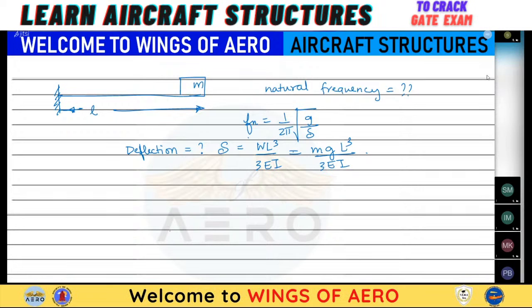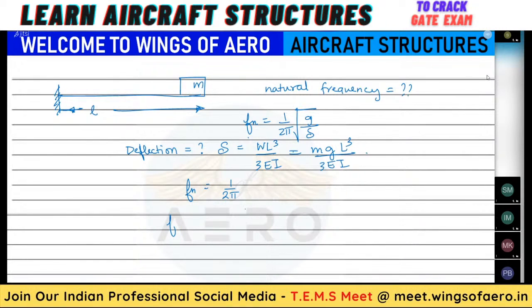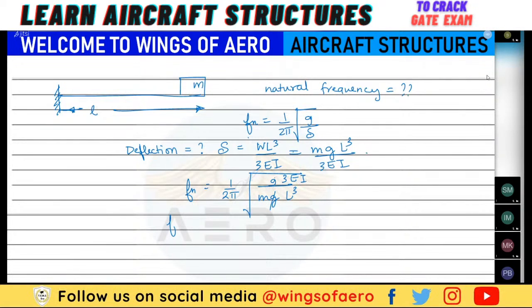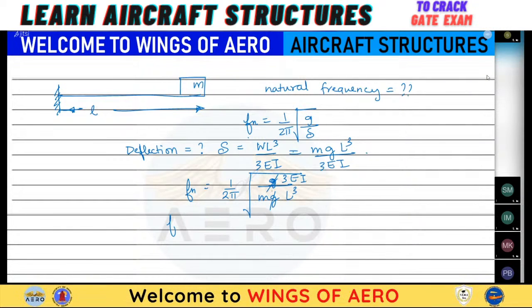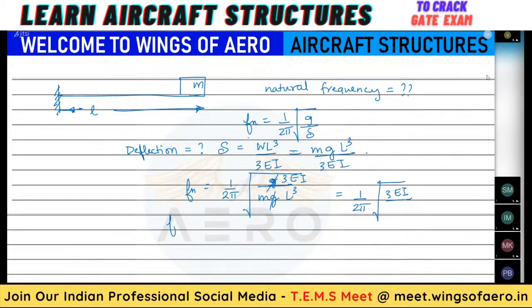Now just simply substitute that. Okay, simply substitute that. f n equals 1 by 2 pi root g by mg L cube by 3 EI, and this g will get cancelled off. So we get 3 EI by